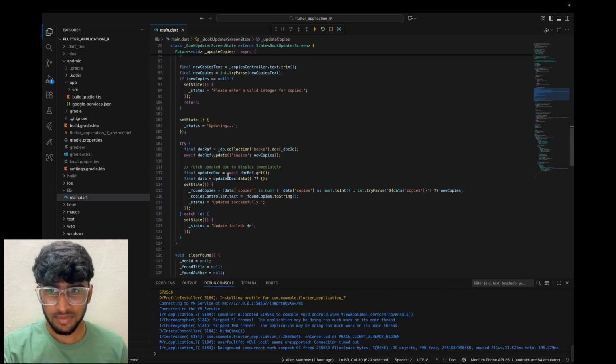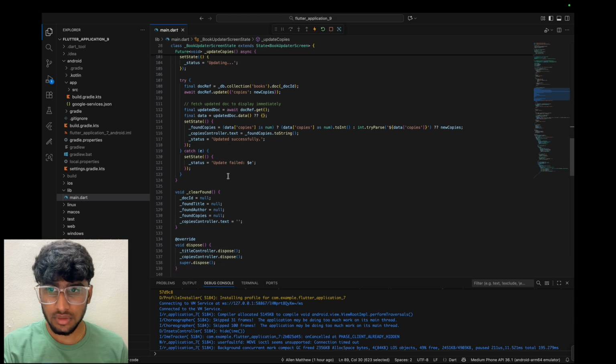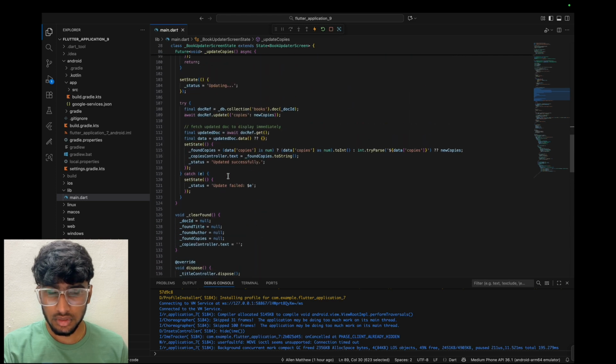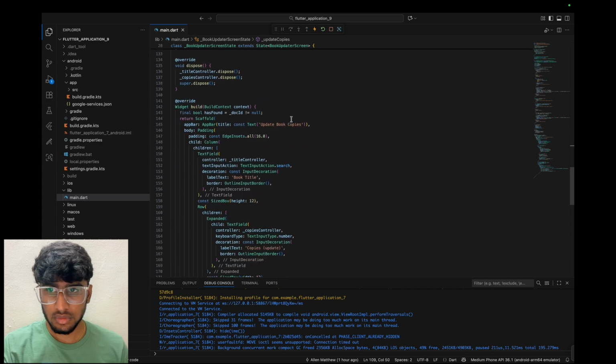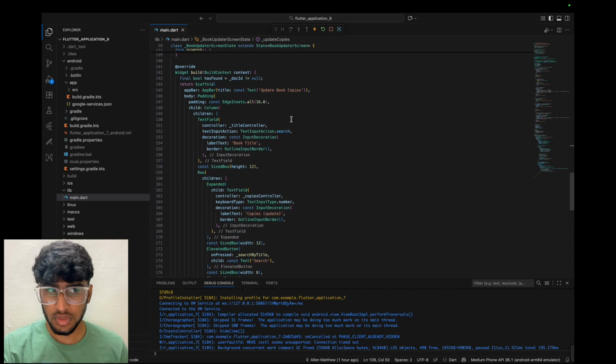The one important part here is that this doc will have a separate field where we can update the number of copies which are available. This particular line helps us update it and show it in the UI. These are all basic things which we already did using these controllers. I'm getting the values from the text field using